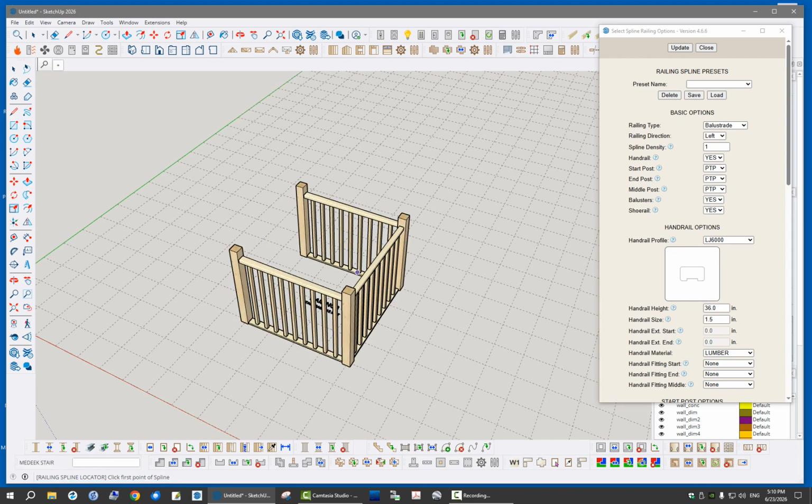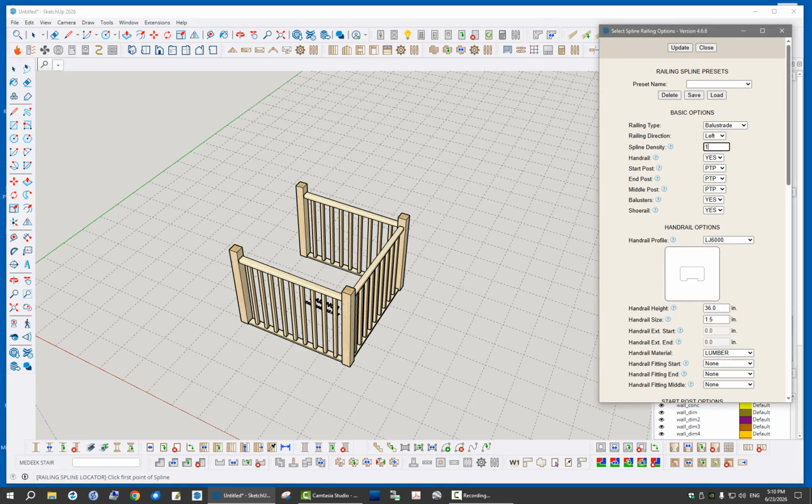Interestingly enough, prior to when I was testing this, I had the spline density set to 1, which of course just does one segment. Let's set that to, let's say, 12. That's a little confusing to some people, I'm sure. Give it a second to update. And we probably set it too high. We don't need it that high, but